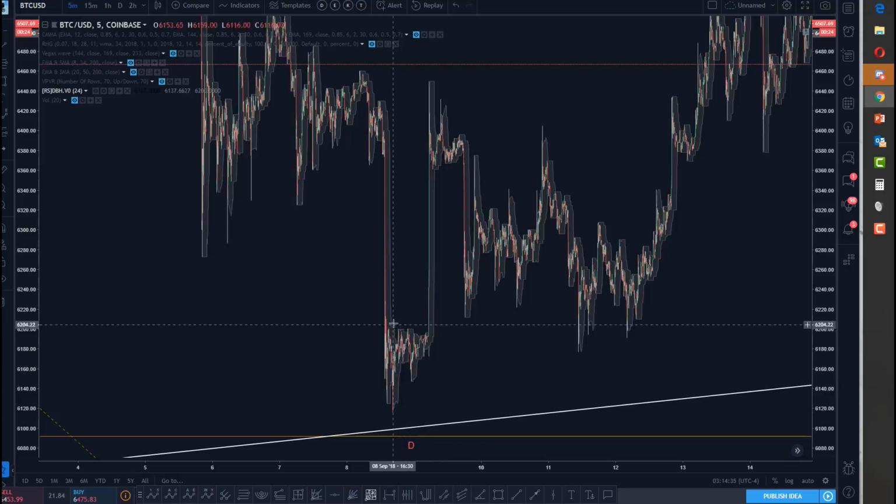Could be a triangle here. A, B, C, D, E, and then the C. Short A, triangle B, and a C. I don't know how else you count this. I mean, if this is a zigzag, then it's short A, B, C, zigzag, and then it's 1, 2, what? Right? There's no more waves. It's just a straight line. So the way I would count it is A, triangle, B, C.